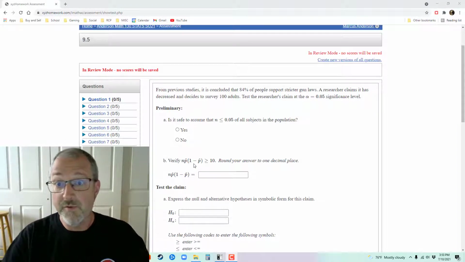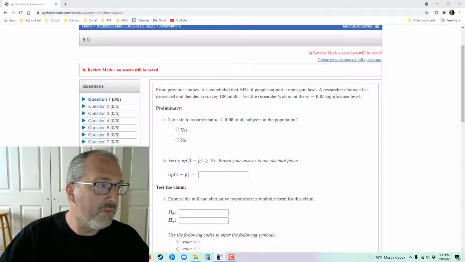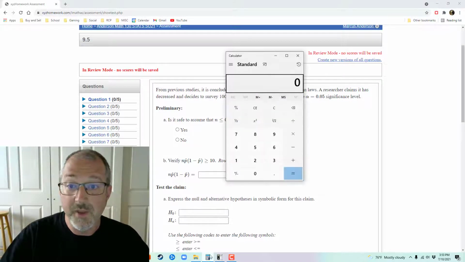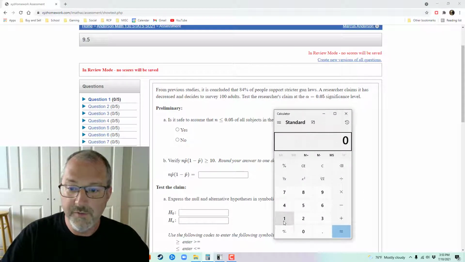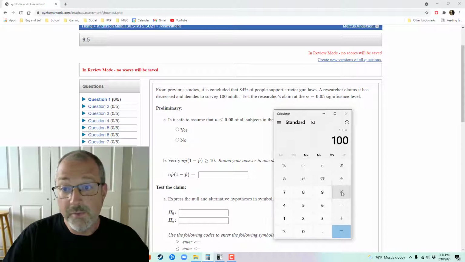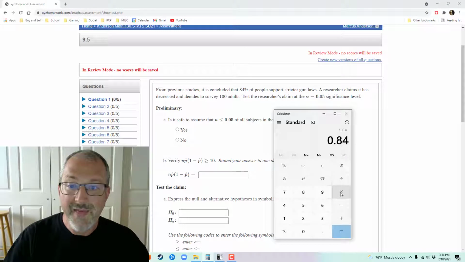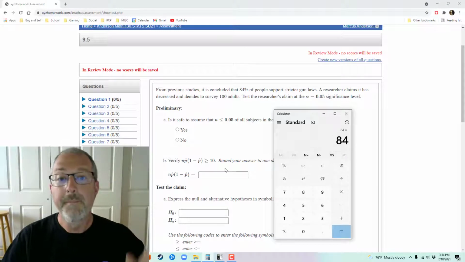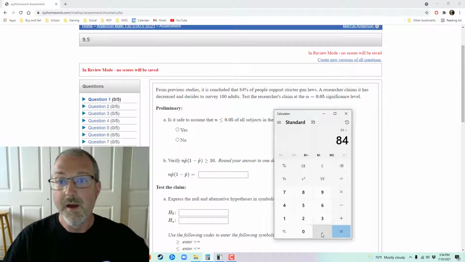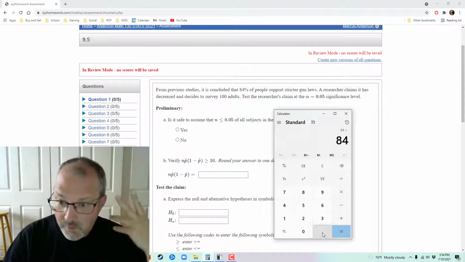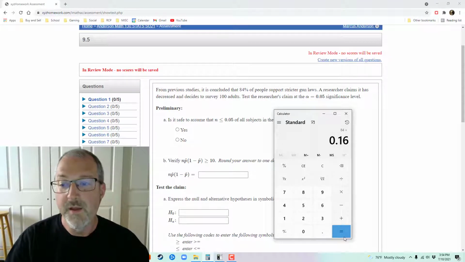Both numbers, percentages will add up to 100%. So doing that is pretty straightforward. I can use a normal calculator for this, just a standard calculator. I can take my n, in this case 100 adults, so 100, and multiply that by my p0, the original 84% null hypothesis, 0.84, and then multiply that by 1 minus p0, which in this case is 1 minus 0.84, which I can do in my head is 0.16,